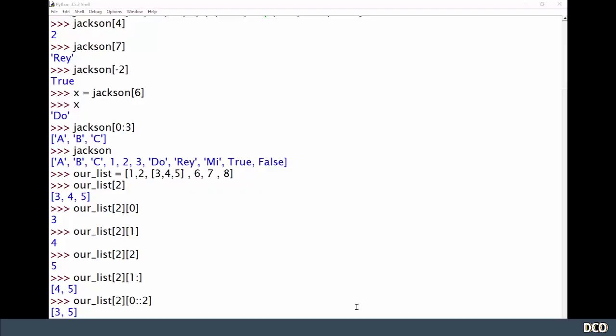So why the hell would you ever use this, I hear you ask? Well, this comes up quite a lot when you try to create tables in Python. So imagine if we had a list like this. We're going to call it our table